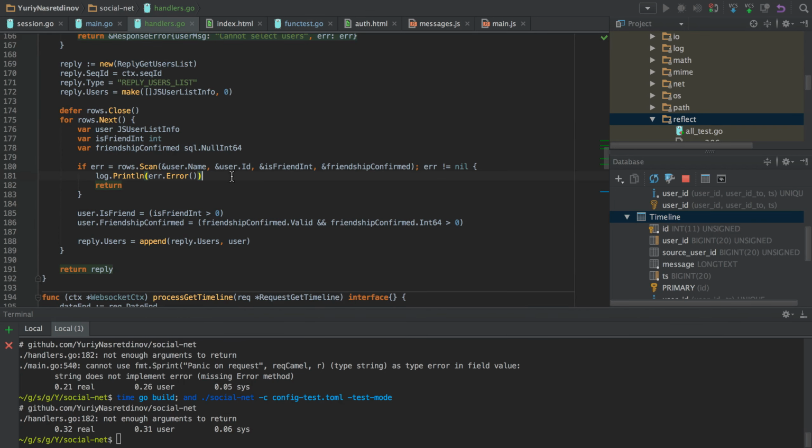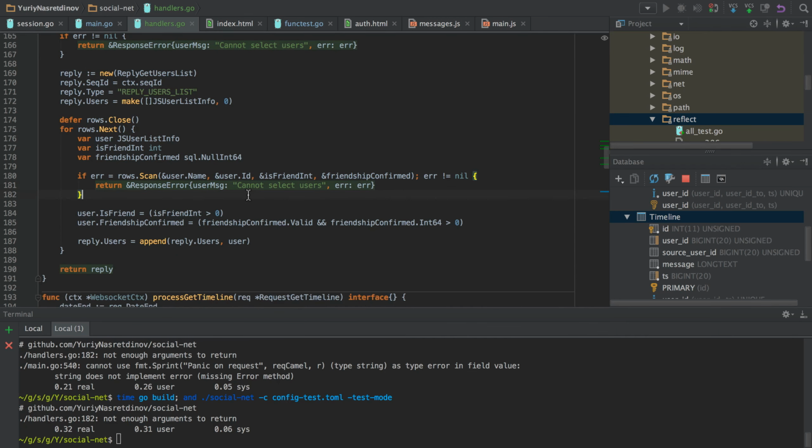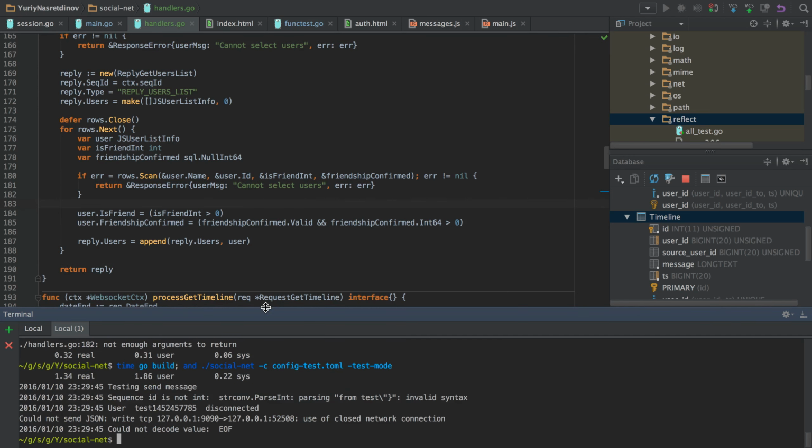So we have an example of a missed response. This code didn't have any error, any sending of a reply to the user there, and that was one of the reasons why we did the refactoring of the user handler.